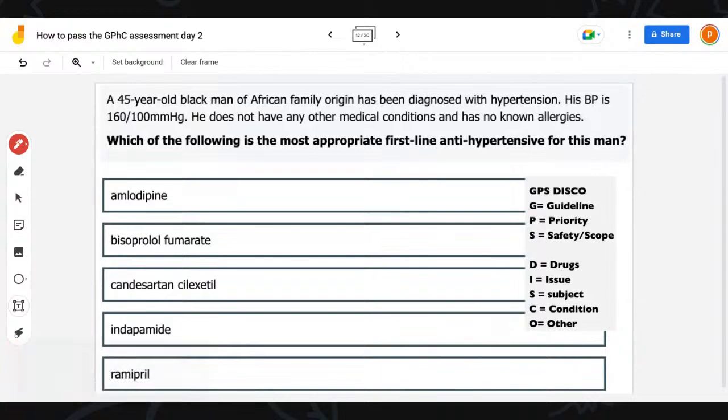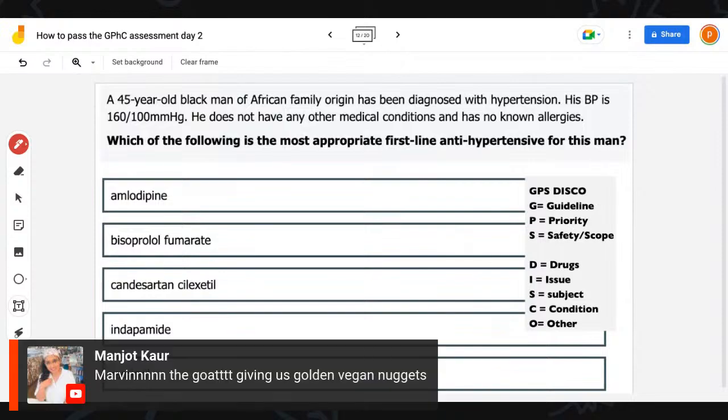There are keywords to look out for. The GPhC exam is going to have those keywords, and we're going to go through this stuff. I'm going to take my time because I want you guys to understand. We may go slightly above 9, but that's okay. If you need to leave, that's fine. But I really think this is going to make a difference for so many of you.